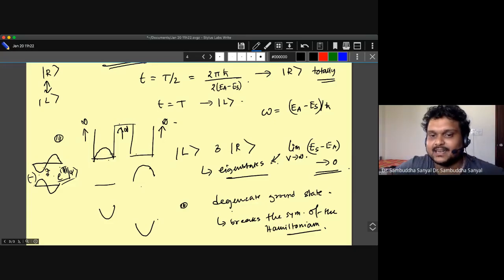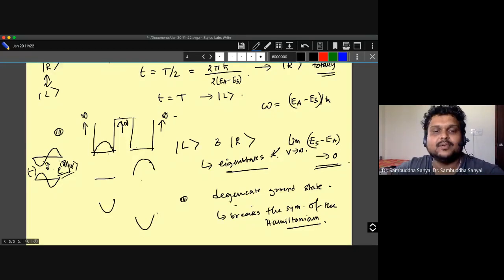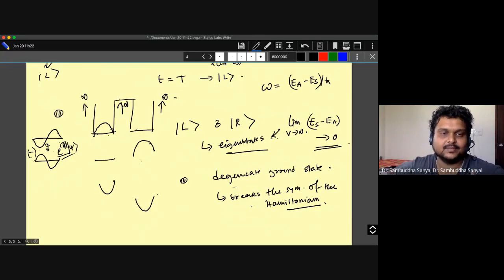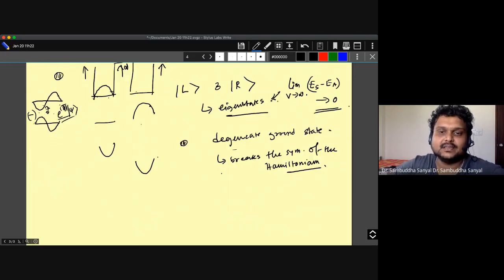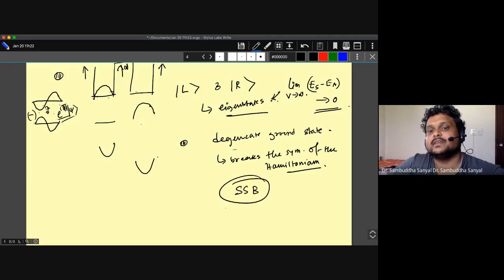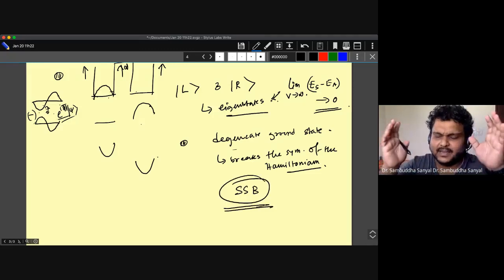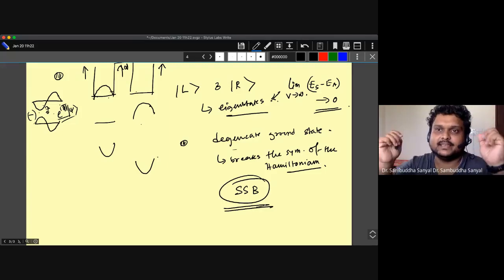That's because there is a degeneracy now, and the theorem we proved was crucially designed for non-degenerate cases. So if you have a highly degenerate ground state, the ground state can break the symmetry of the Hamiltonian. This phenomenon is called spontaneous symmetry breaking, and it is an extremely profound phenomenon in nature. There are hundreds of examples of that in nature.